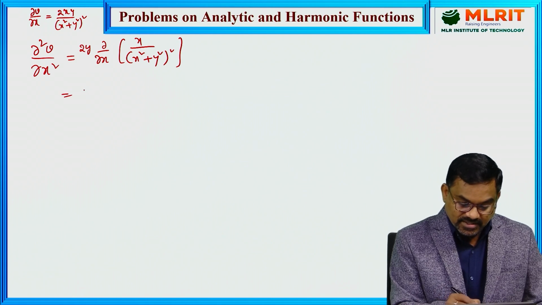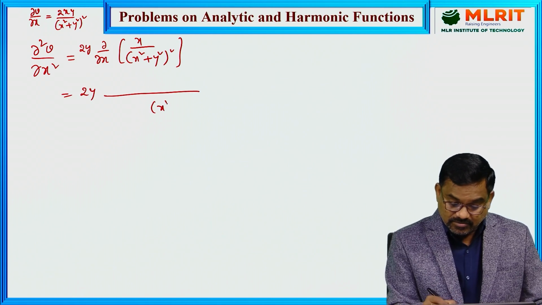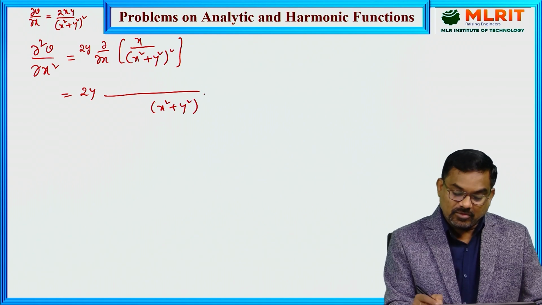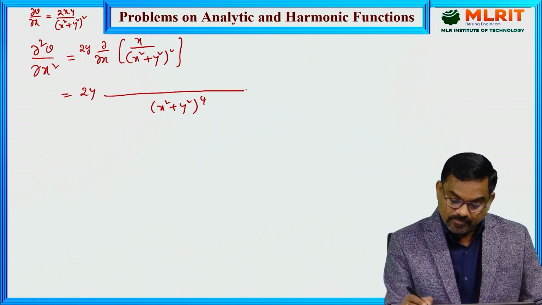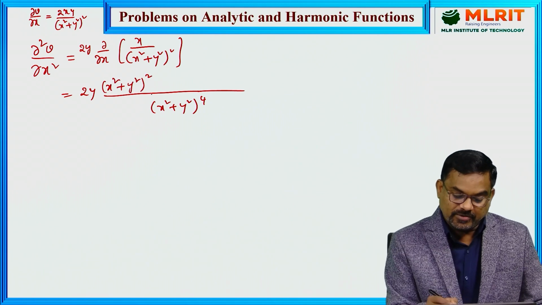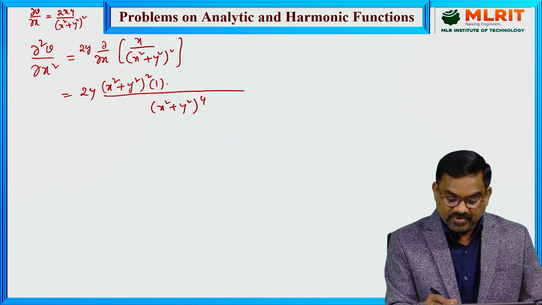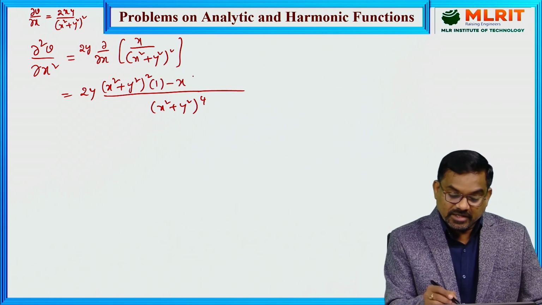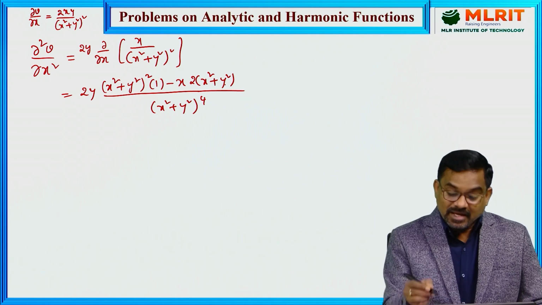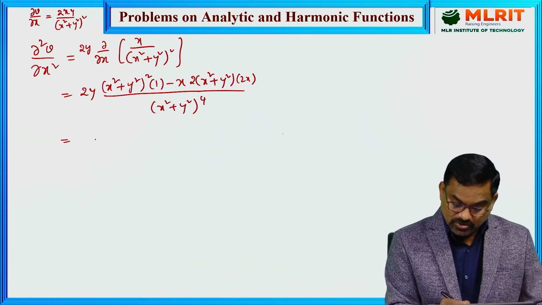Now, first find this using u by v rule. So x square plus y square whole square, denominator whole square, so power 4, denominator into x square plus y square whole square into numerator derivative with respect to x, 1 minus numerator into denominator derivative, 2 into x square plus y square, and again inner function derivative, 2x. So that is equal to